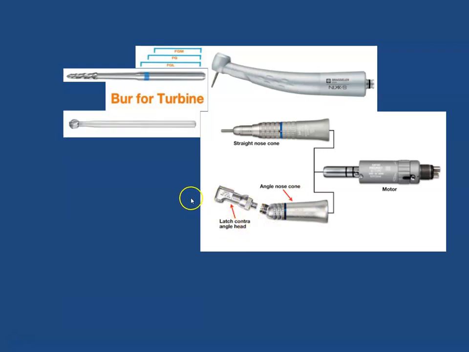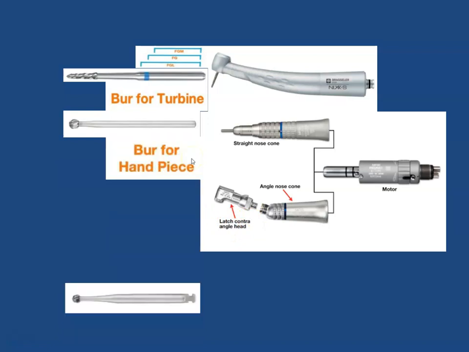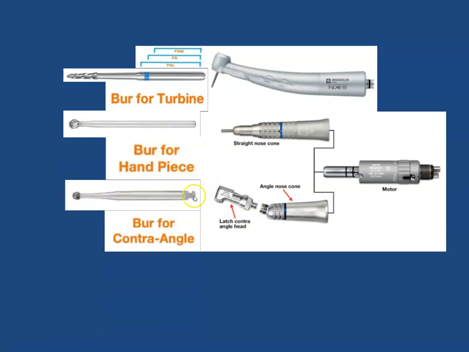and latch simply means, right over here, we're just going to skip the middle part for a second. Latch means this piece of the burr gets latched into this opening that's there. That's how it holds the burr. So this burr is designed for contra-angle handpieces. As you can see, friction grip is based on friction, and contra-angle is based on the latch, latching into the handpiece. The last handpiece is a nose cone or straight handpiece, and that one also works on friction grip,